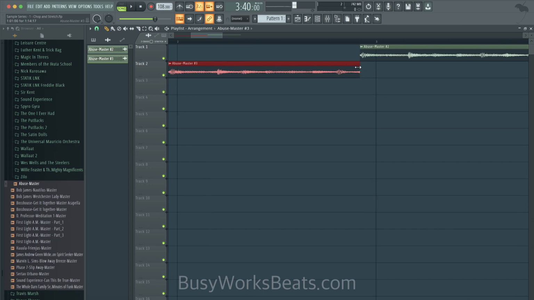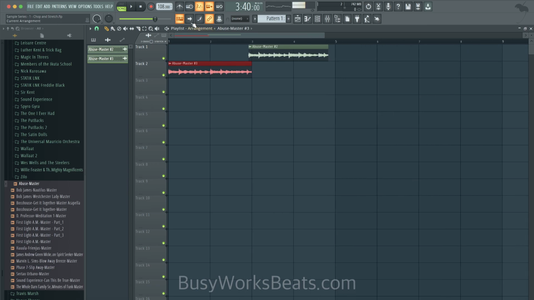So hit Alt with your mouse and just left click. As long as you have time stretch mode on, you'll be able to stretch the sample to fit. And if you don't see that, you could hit Shift M to turn it on and off, this button here. But go to the audio clips, it should be right there. So now when I hit play,